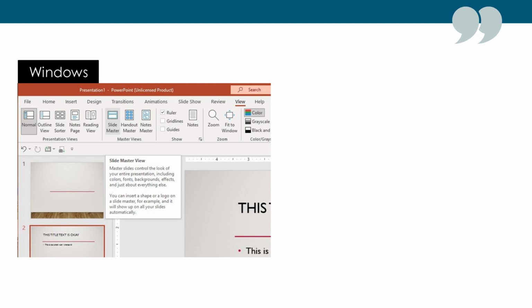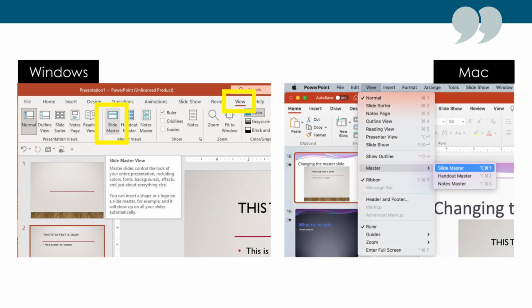In Windows, if you look in the View tab, you'll see something that says Slide Master. That's where, if you open that, you'll find the Slide Master. In Mac, you have to go up to that top bar, and there you'll find the View tab, and when you pull down to the Master, you find the Slide Master. Those get you to the same place.